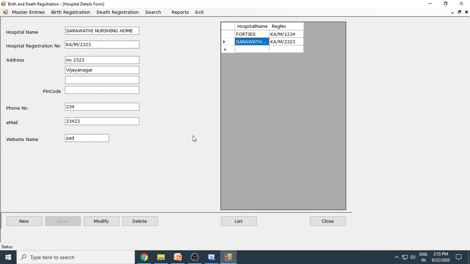So therefore in each form we provided a new button to enter a new record and corresponding save, modify to modify the record, delete to delete the record, and also data grid view to display the data. So in each form you can enter new records, we can modify the records, and we can delete the records.